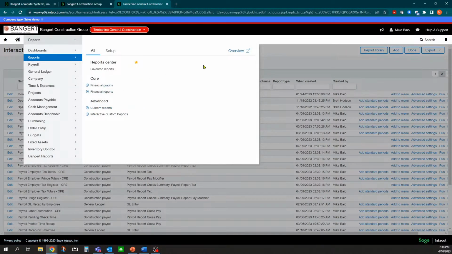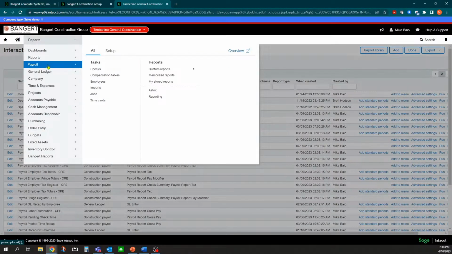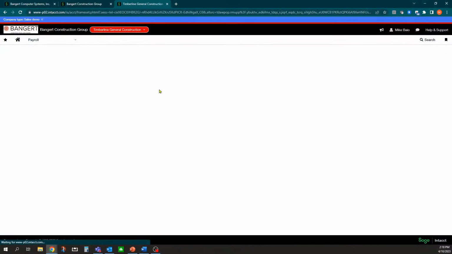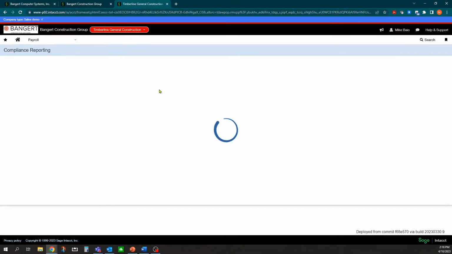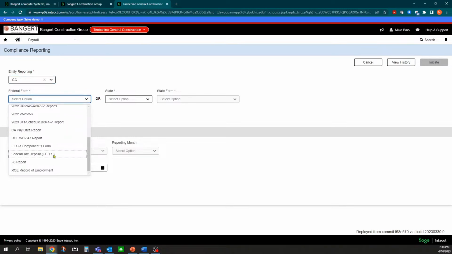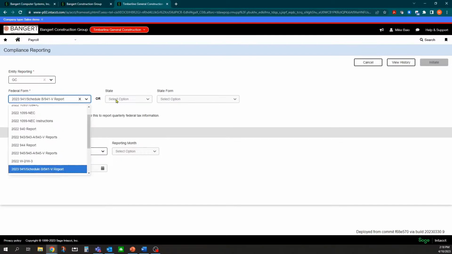The final area to get out information in the construction payroll area is interfacing with the Atrix platform. So Sage Intacct Construction Payroll uses Atrix for all of the government reporting, e-filing, W-2s, along with certified reports can be run all through the Atrix system. So when you come into here, you can say, what company am I reporting for? Which federal form would I like to report on? So for example, if I'm doing the quarterly 941, I could select that. Or I could pick a state form.